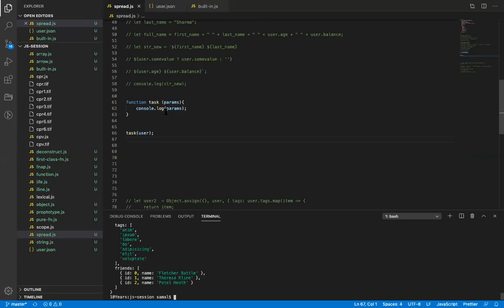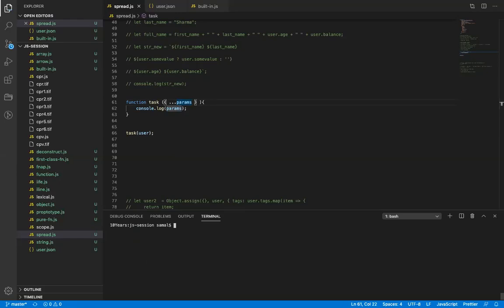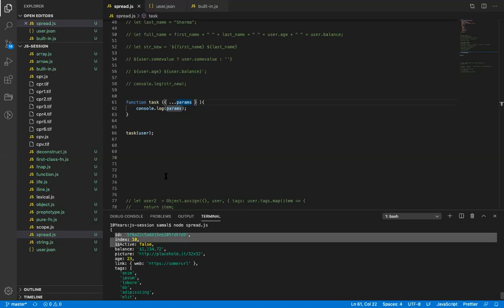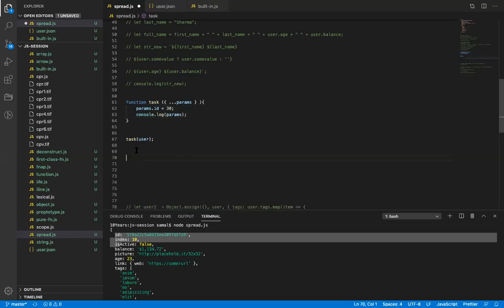ES6 again gives us a very nifty feature: you can also destructure in function. If you're passing an object, just use destructuring. Now it will create a copy of it, copying all the values. So if I do param.id equals 30, and I copy here and paste here,